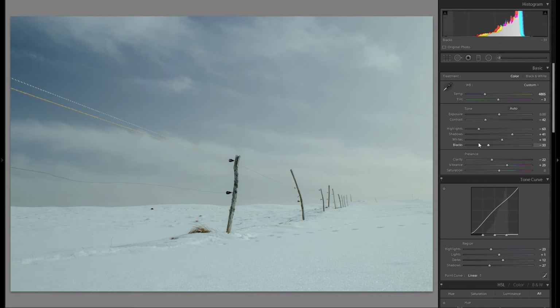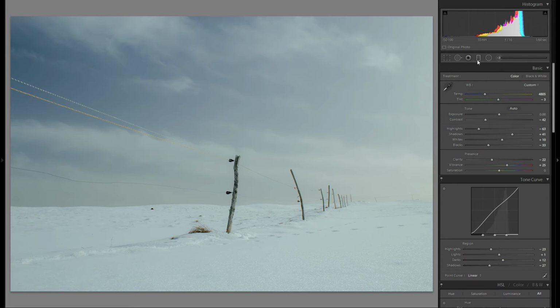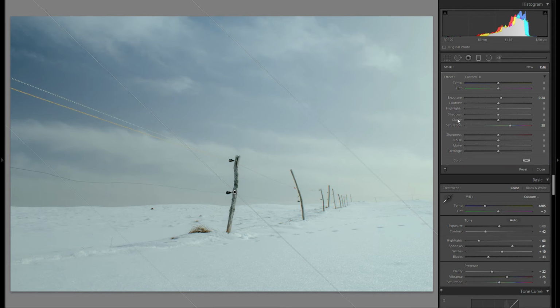So of course, because this is a 5-minute quick edit, I'm not gonna do too much down here, but I really wanted to grab a graduated filter and enhance the lighting scheme to create, of course, more interest. So as you can see clearly, the lighting is coming from the right here, so I'm just gonna amplify that by grabbing a graduated filter, dragging it over the right portion of the sky, or rather the entire picture,